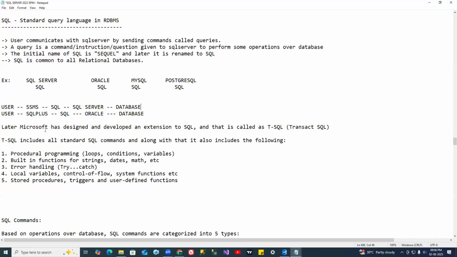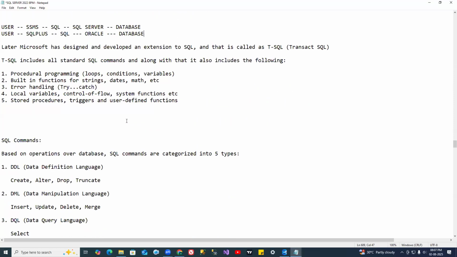And Oracle is also the same. He uses SQL*Plus, he uses the SQL language, and with that he can work with Oracle, create a database, and perform actions on it. Okay. Now see,